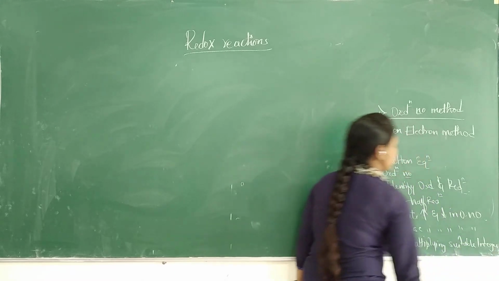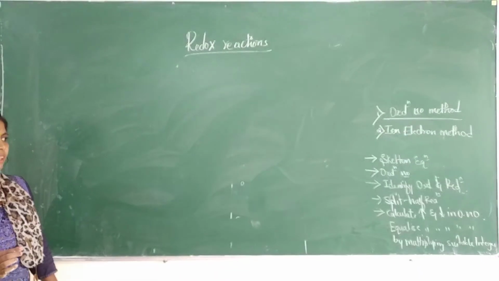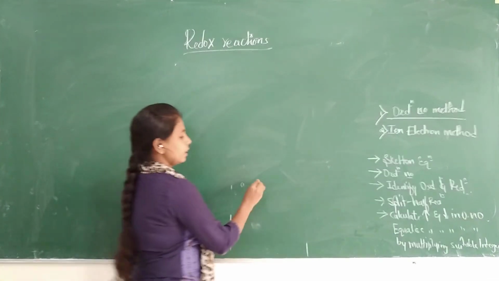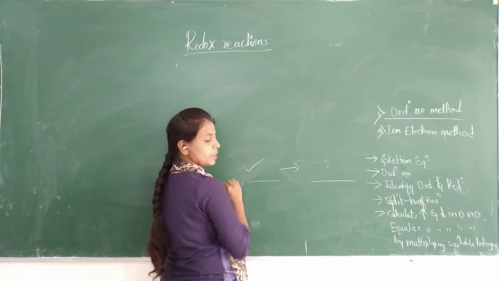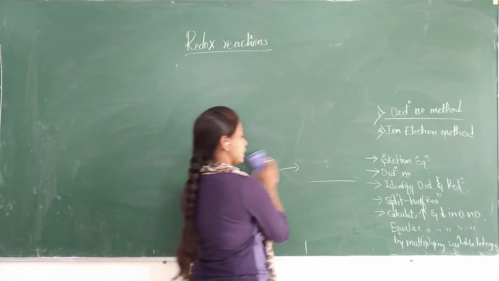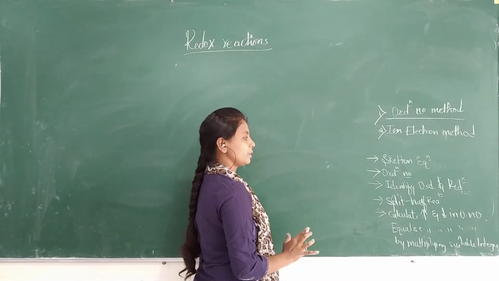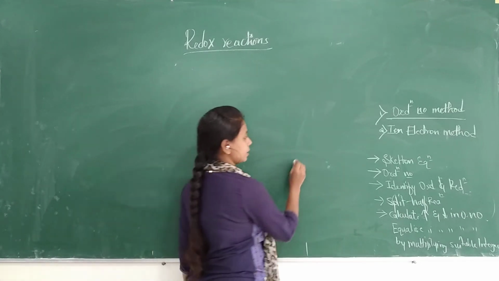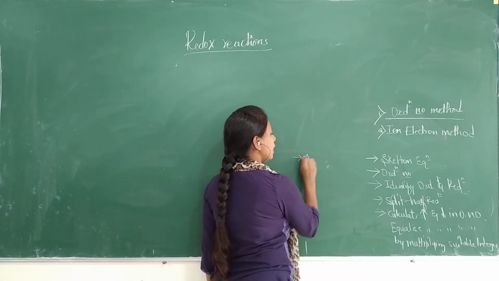And the multiplication is carried out only towards which side? Not the product side, only towards the reactant side. Clear? So we multiply only towards the reactant side. After this, you are going to balance both the equations, the oxidation half reaction and the reduction half reaction. While balancing, first you balance all the other atoms